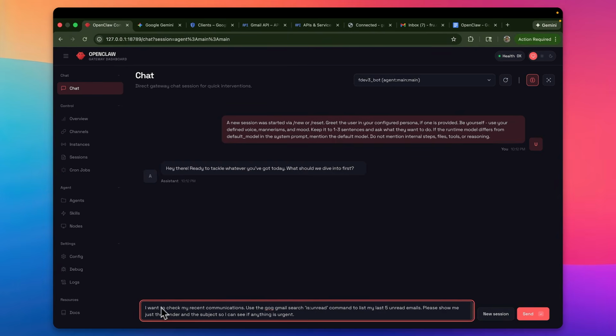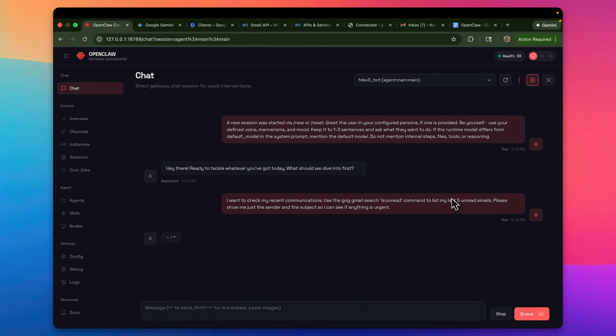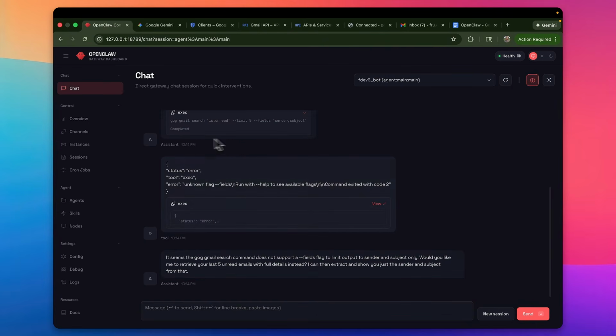Let's paste this. I want to check my recent communications. Use Gawk. I'll explain what that is. Gmail, search, blah, blah, blah. And please show me just the sender and the subject. So I'm being a little bit high level with this. And this is my prompt to OpenClaw. And with any LLM, it will respond. It's taking some actions. It's using Gawk. And it should hopefully at some point,